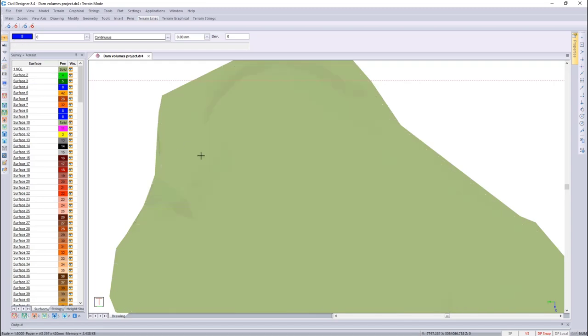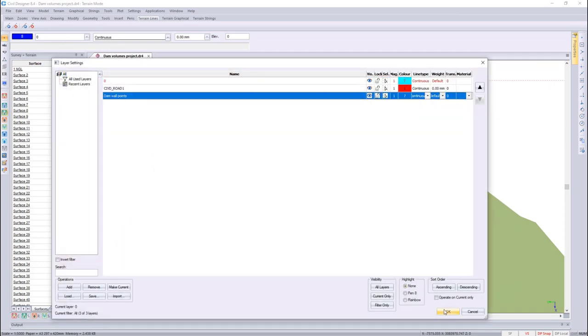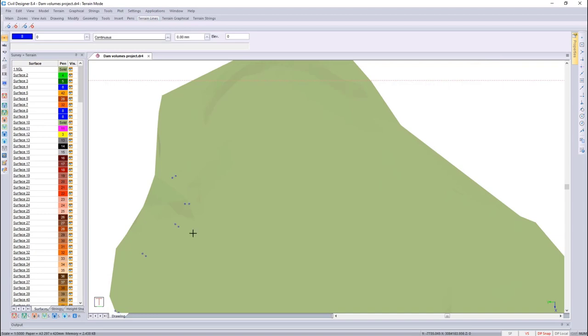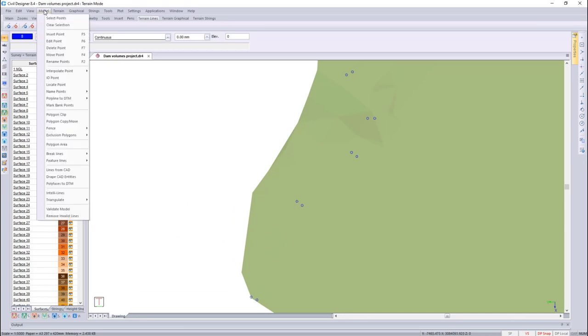Okay, so the actual position of the dam I've drawn in a CAD layer. So I'm just going to right click on the current layer window and make that layer visible to some circles that I've drawn in for the edge points of the top of the dam wall. Okay, so there they are. I've just zoomed into that predefined zoom view from the viewports, and then I'm going to use the model insert point, insert point function. You can also use the F5 shortcut key